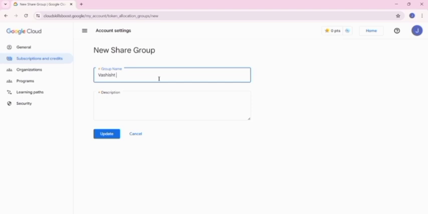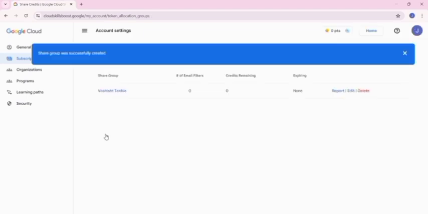I am typing Vashish Techie. You can type any name according to your preference. For the description, you can leave it out, or you can write anything else. I am writing best of luck. So just click on the create button, and your group will be created.